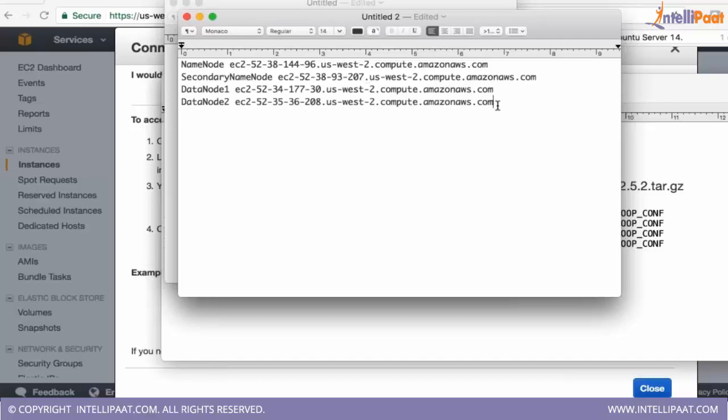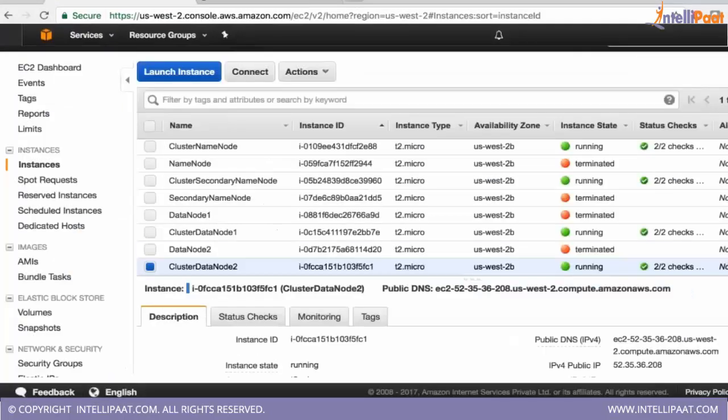So these are the 4 machines we have created in AWS, and we are going to use this machine as name node, this machine as secondary name node, this machine as data node 1, and this machine as data node 2. So that is what we have done in the AWS console. This is called the EC2 management console.